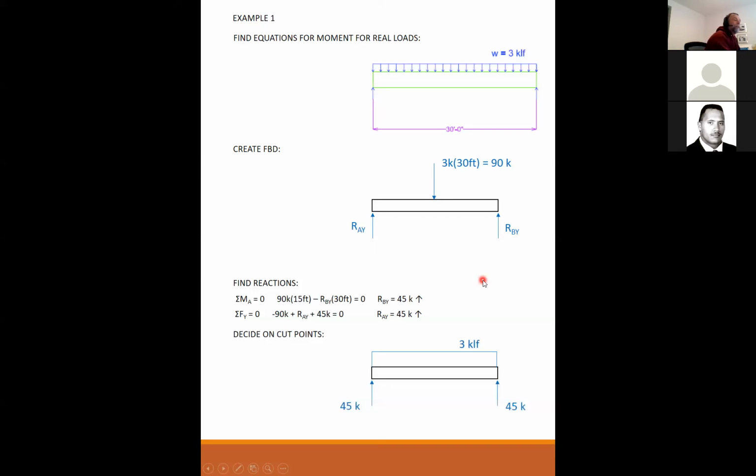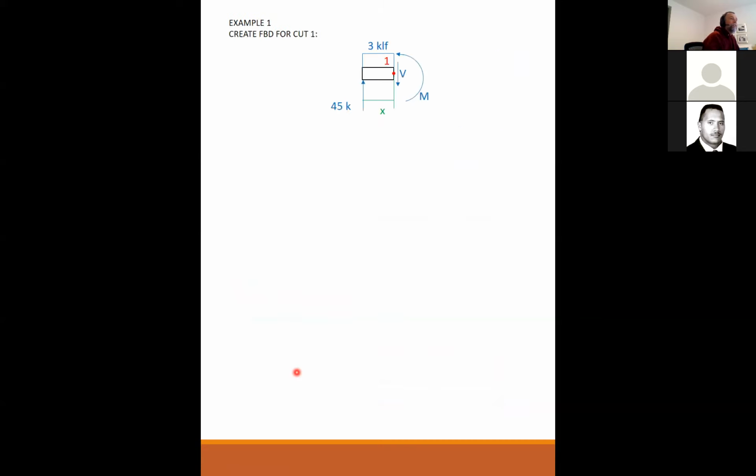And I have to decide on my cut points. Notice again, this point load, I know I've said this 1,000 times, but this reaction is only valid for finding your reactions. You have to go back to the real loading to find your equations for your moments. I only need one cut point because I have no discontinuities. And so I create my free body diagram,